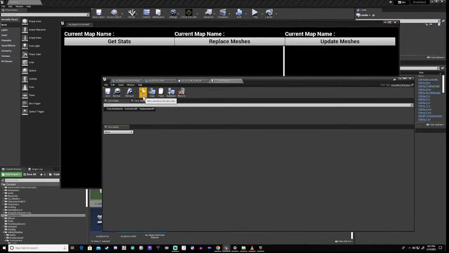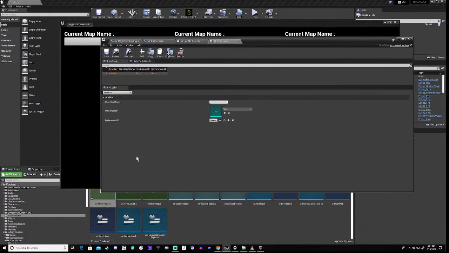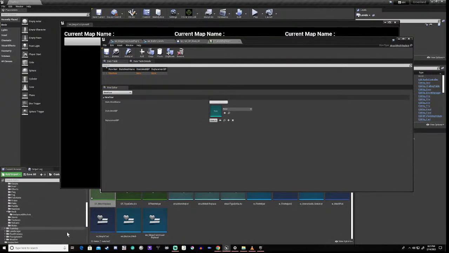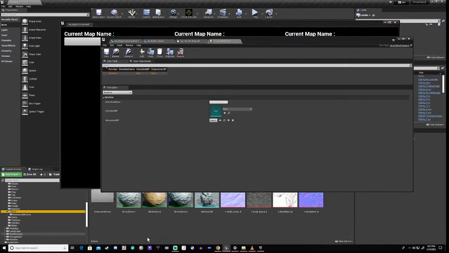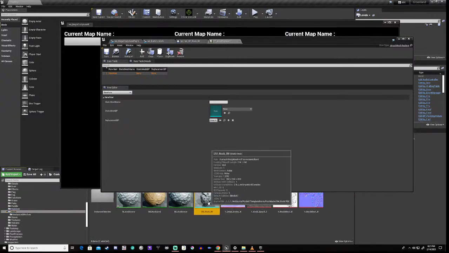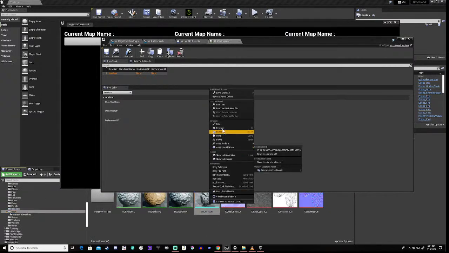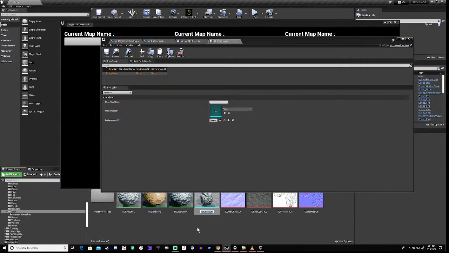So what we need to do is add our very first thing, and we need to actually get the name of our very first thing. And the name of our very first thing is this.